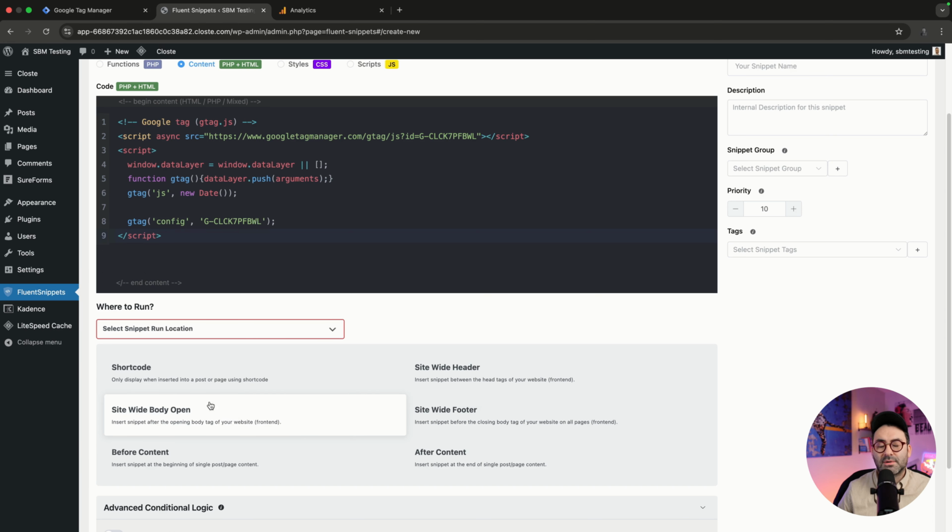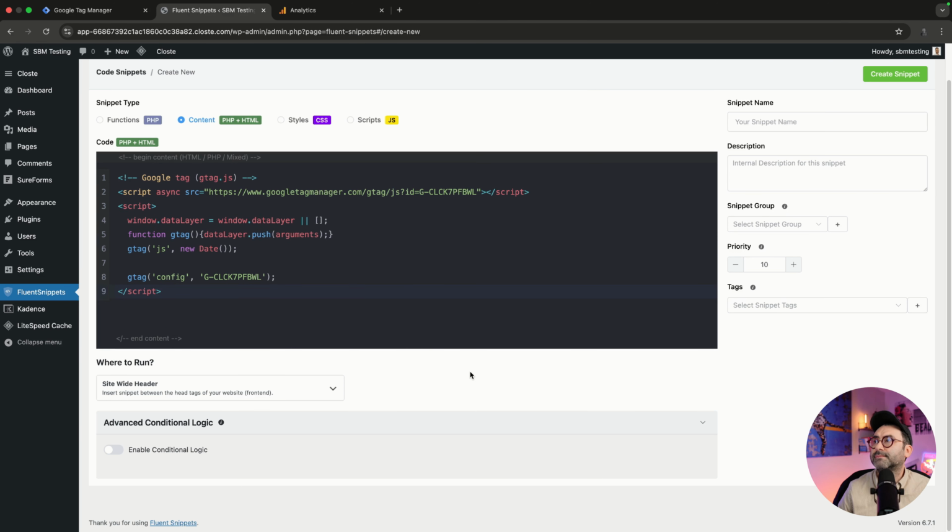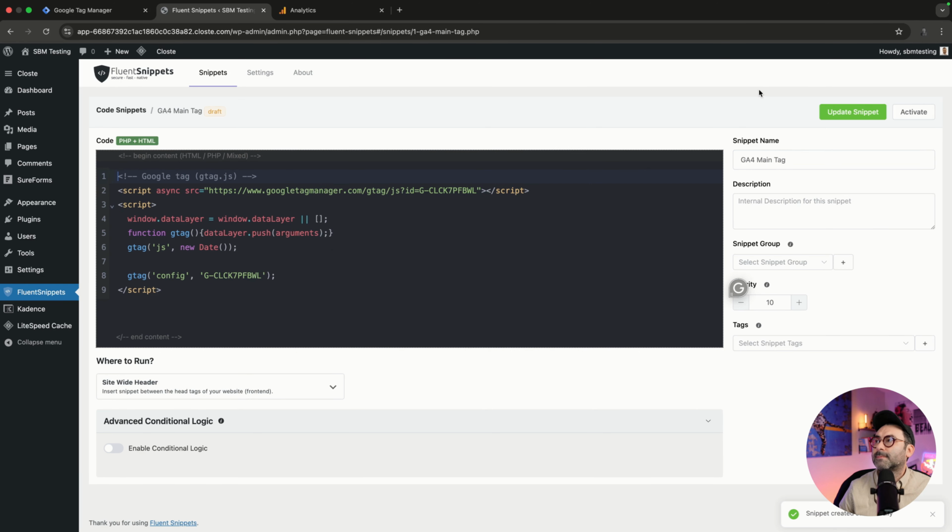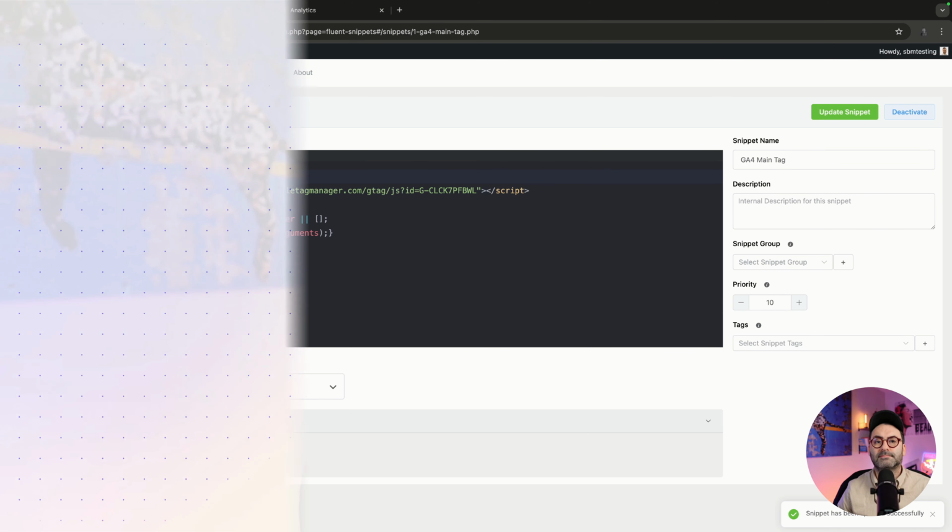If you wanted to install other codes, you could do short codes before content, after content. In this case, we're choosing site-wide header. We're gonna name our code, so GA4 main tag. We will create snippet, and then we will activate snippet. And that's it. The third way I'm going to show you how to install Google Analytics 4 on your website